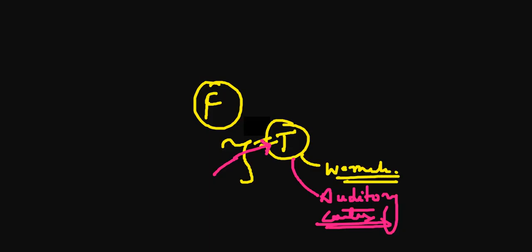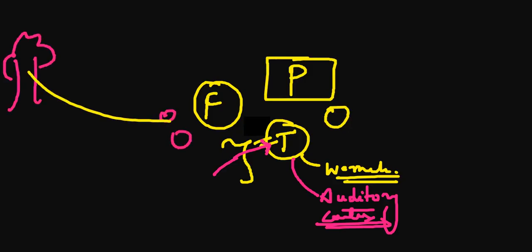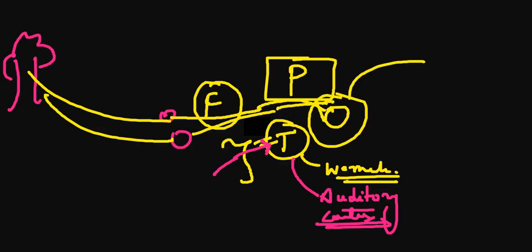Okay, wait, let me first explain all the lobes. Now over here we have this parietal lobe, and over here we have this occipital lobe. It's quite interesting how whatever you are seeing right now, whether you are watching this tree or this video, the reverse image goes into your eyes, from the retina, rods, cones, all the way to the thalamus, and all of it is going towards the occipital lobe, where we have the